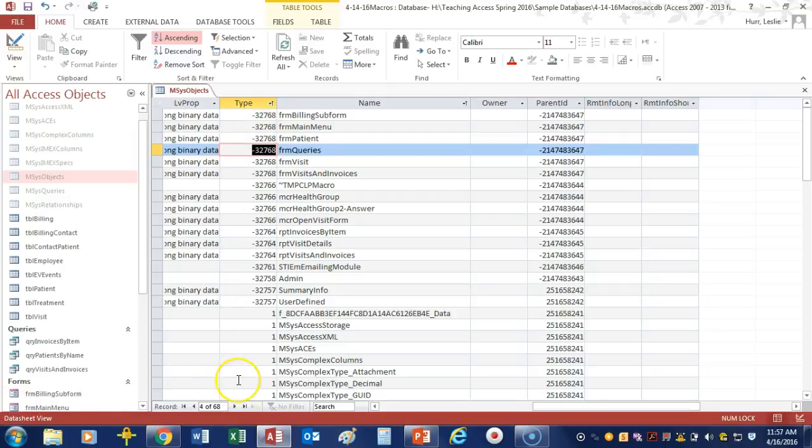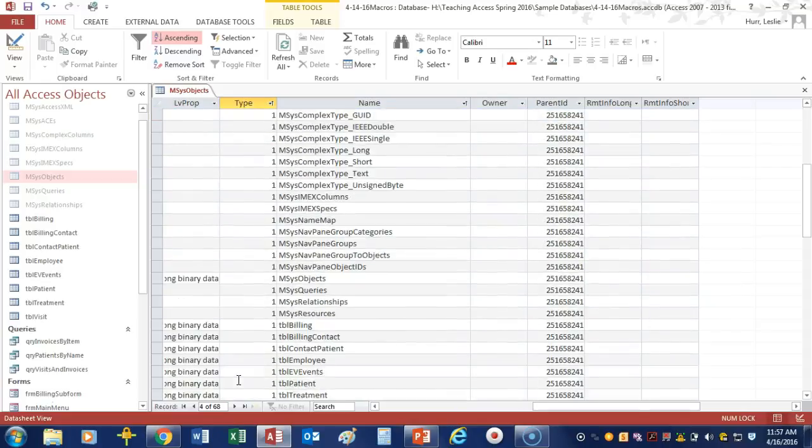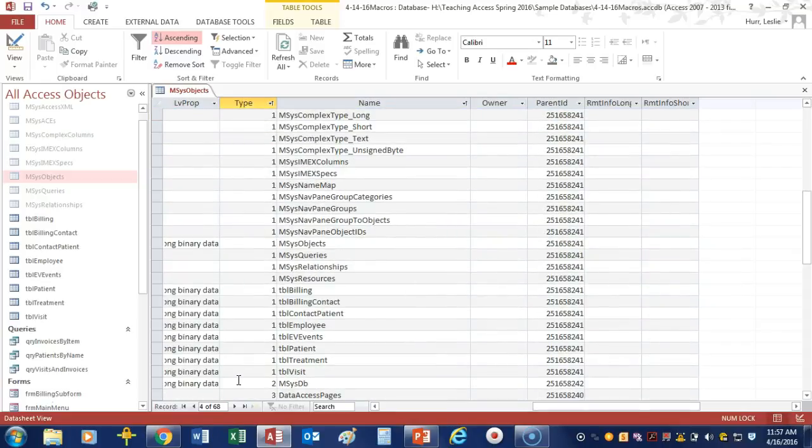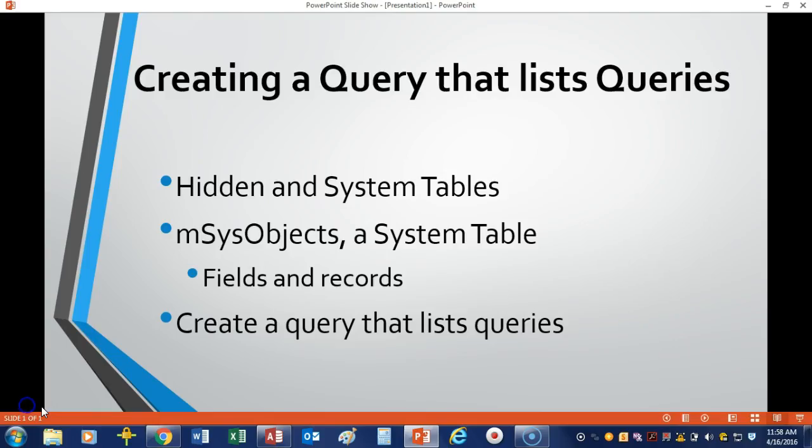So anyway, I want you to understand that queries have a type of 5 and other objects have a different number for their type. So the topic of this video, however, is to create a list of the queries. So I'm going to move on and demonstrate that. As it says in our agenda here, the next thing we want to talk about is